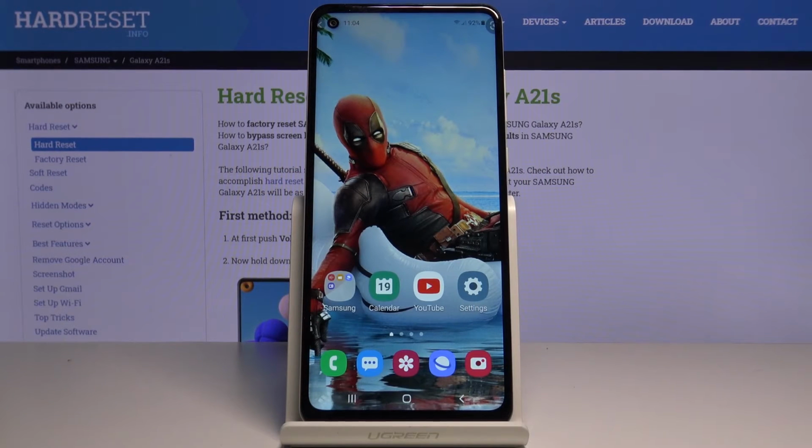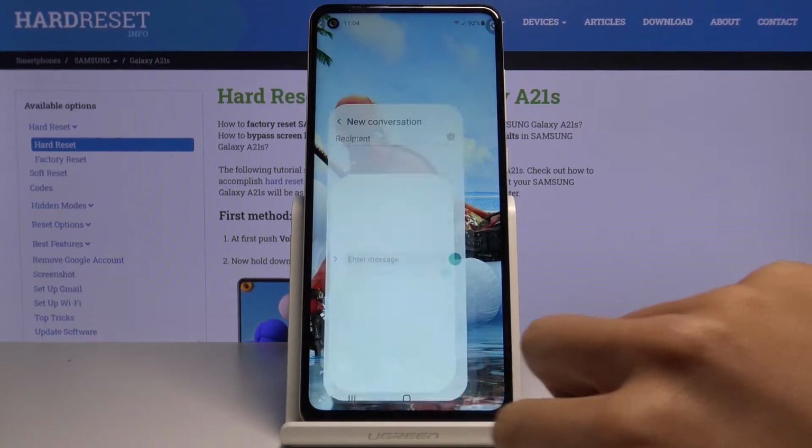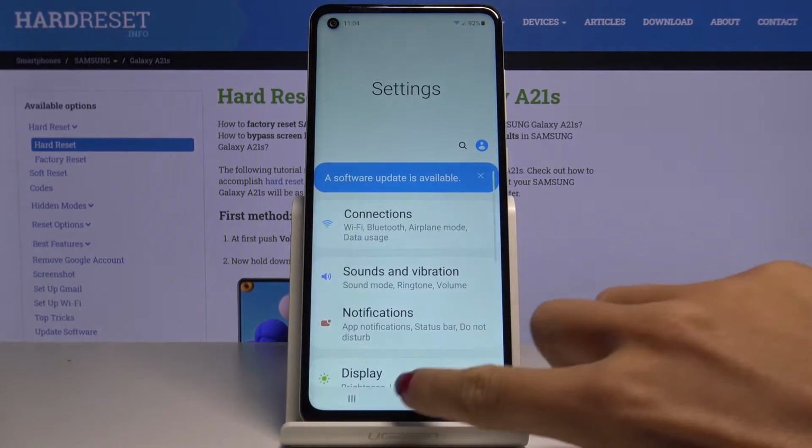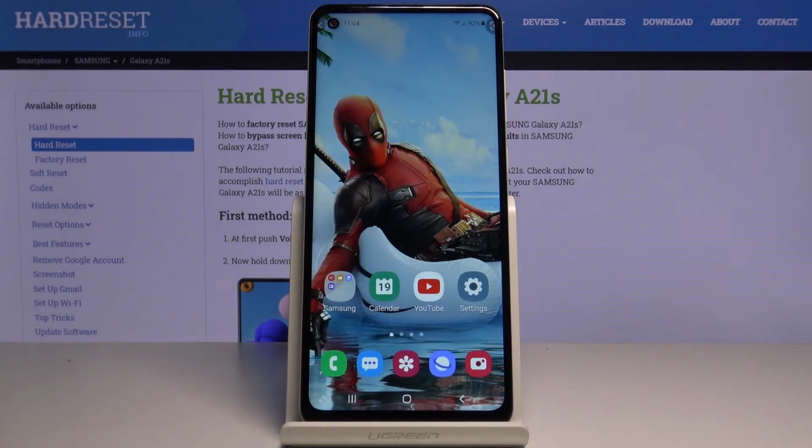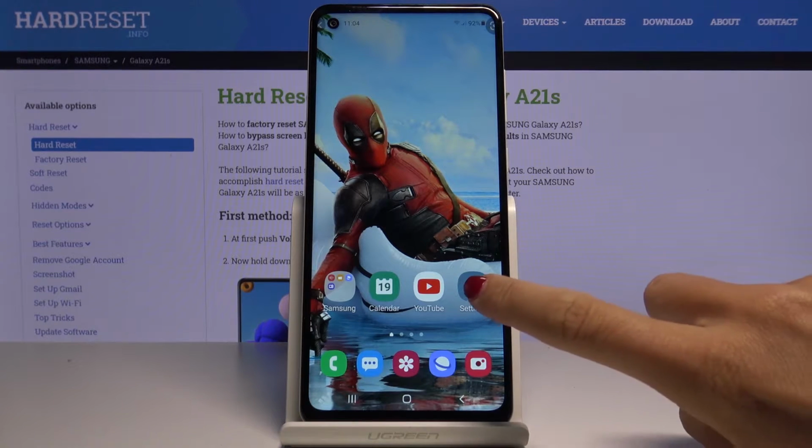Here I've got Samsung Galaxy A21s, and let me show you how to activate touch sounds on the following device. So as you can see, currently it is not working, like it is muted, you cannot hear any tap of mine, but if you would like to change it, if you would like to activate touch sounds,